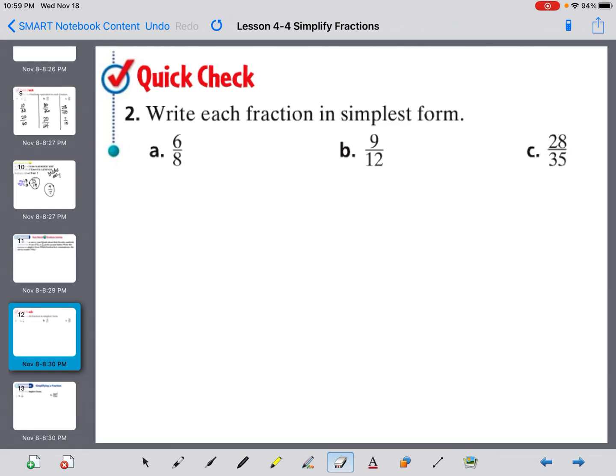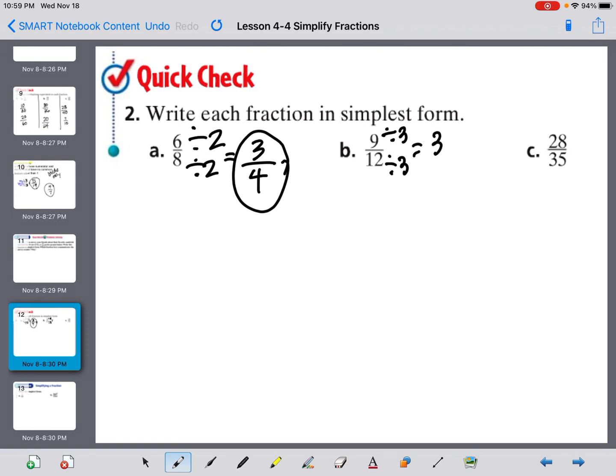Go ahead, the first boxes on your notes ask you for simplest form. Pause and go. So 6 and 8 have a 2 in common. So that's going to be 3/4. 3 and 4 only have a 1 in common. 9 and 12 have a 3 in common, so that's going to be